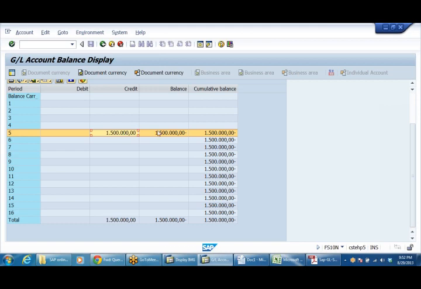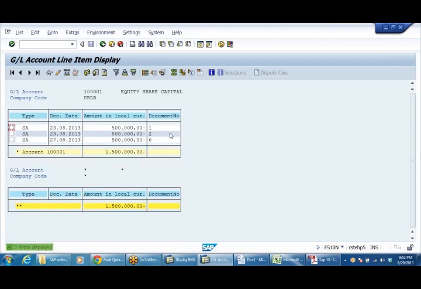Whatever the entry that you want to see, you have to just double click on the amount. Now, if you double click, you can see the accounting entries. Right, entry 1, entry 2 and document number 6. All these we have posted, 5 lakhs, 5 lakhs, 5 lakhs, 15 lakhs total.